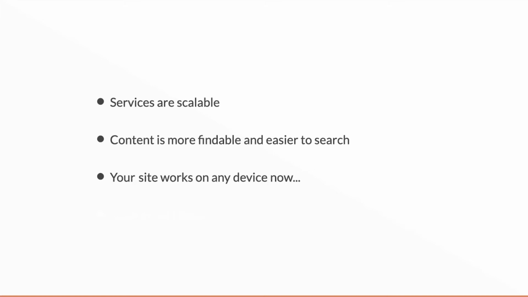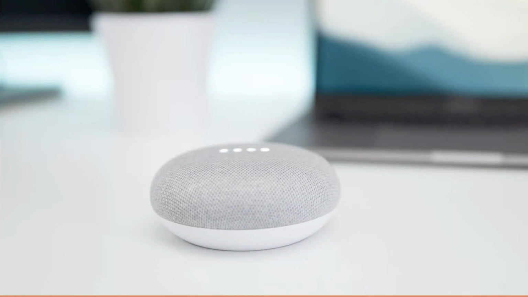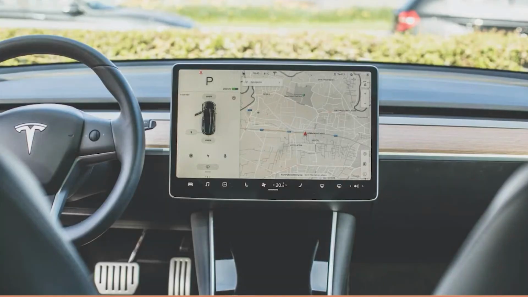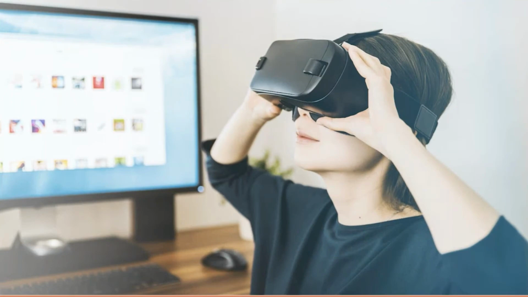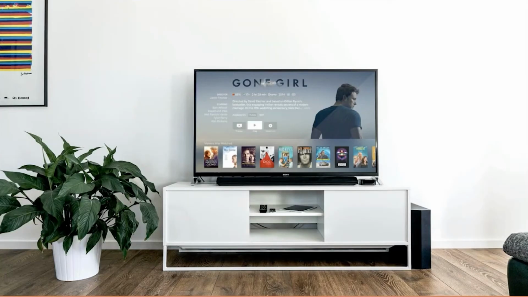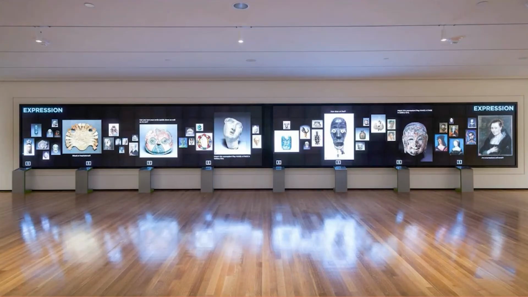It's easy to present it well for the best cross-device user experience, and then into the future, whatever comes up next, whether it's smart ones of these, or smart ones of these, or smart ones of these in your car, or smart one of these on your face, whatever it is, your content is ready for it. So big display boards, small watches, whatever.